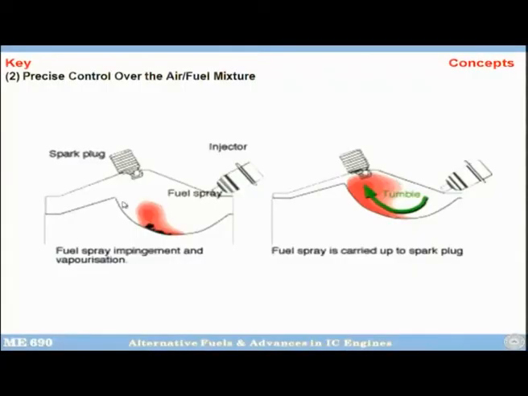In an engine, the piston is hot, okay. You inject the fuel, so the fuel will hit the piston bowl, and the heat will be absorbed by this fuel. So the fuel vapor will form and then it will rise, and because of this tumble motion also, this fuel vapor will be pushed towards the spark plug. So fuel spray impingement and vaporization is shown here, and then carrying this fuel vapors to the spark plug is shown here. And you can see this is a very beautiful way of indirectly controlling the fuel air mixture strength in a GDI engine. This is not possible in case of an MPFI engine. Okay.